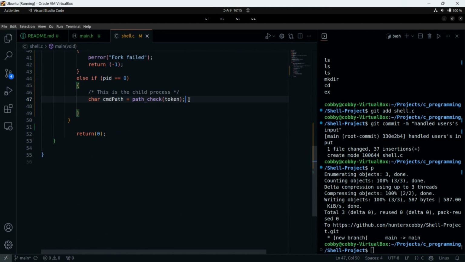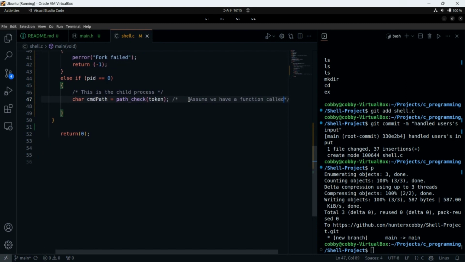So let's assume we have a function called check path, and it works. Let's just say we have a function to find the command path. You can also use get path, that is also a very nice name.